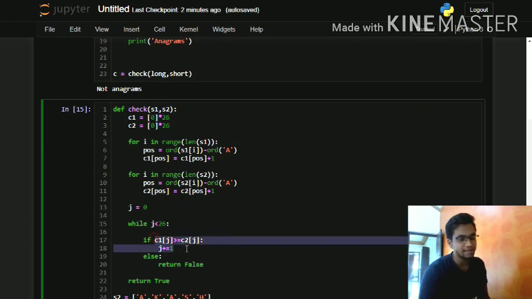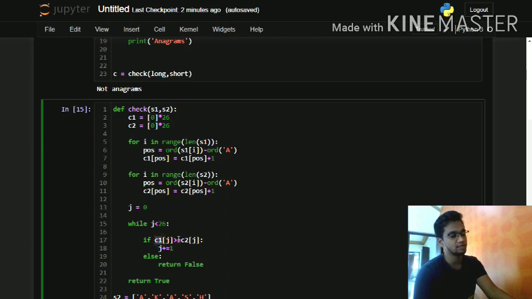If this case matches, then just increment j by 1 and the character will go to B. There are no B's, so they are equal actually. Here C1 of B will be equal to C2 of B. It's still valid because it is greater than or equal to.